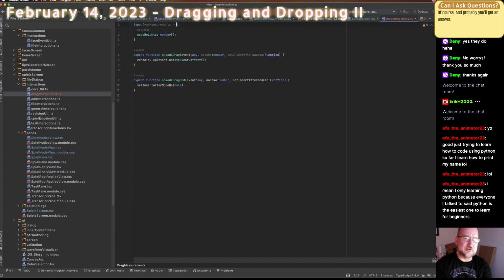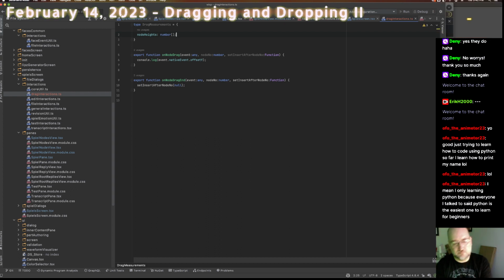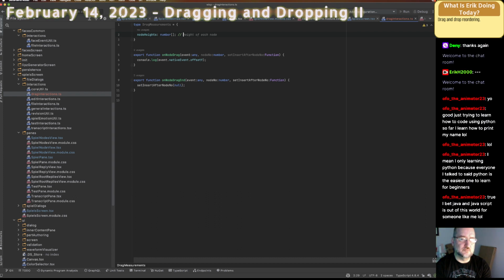I think this might be all I need. Drag measurements. It's going to have the node heights. That's a correct comment, but it's such a stupid comment that it makes me think I don't need that comment. So,